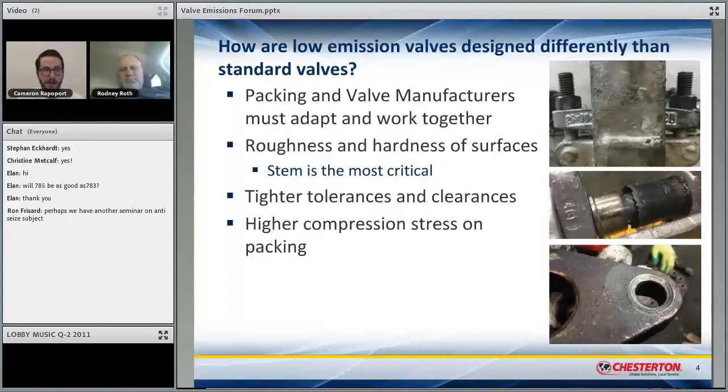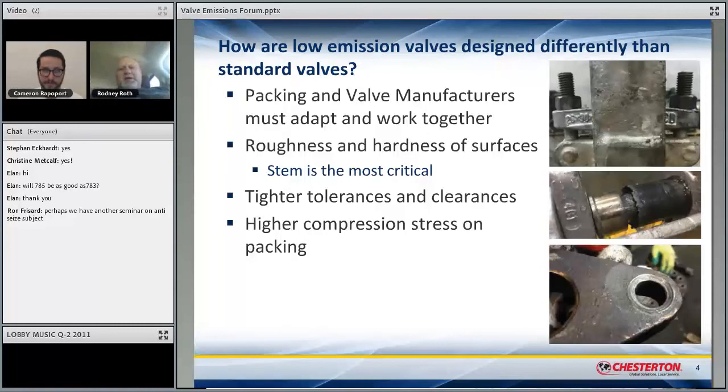And when Ronnie talks about low emissions packing not expanding the way other packing does, it's because low emissions packing is extremely dense, because it has to be, because there are some reasonably small molecules, we're talking on the molecular level, that are trying to get through. Because it's so dense, it's going to require a lot more pressure to expand radially. When you press axially, it expands radially. It's going to require a lot more pressure, and it's not going to expand as much. So that's when we start getting into all these issues with tolerance and extrusion.